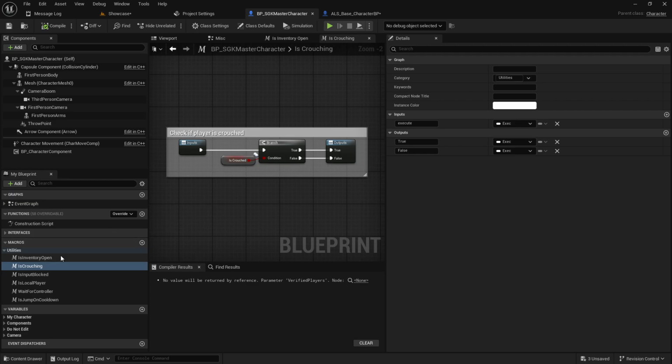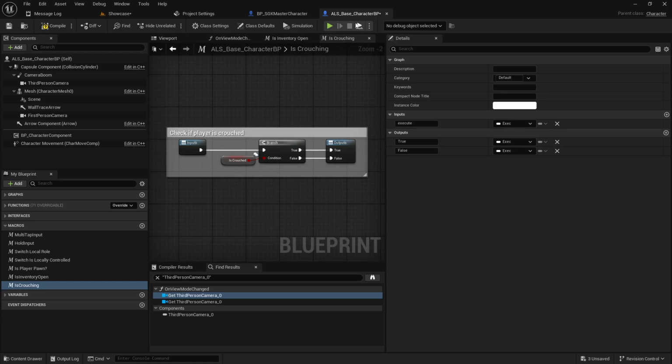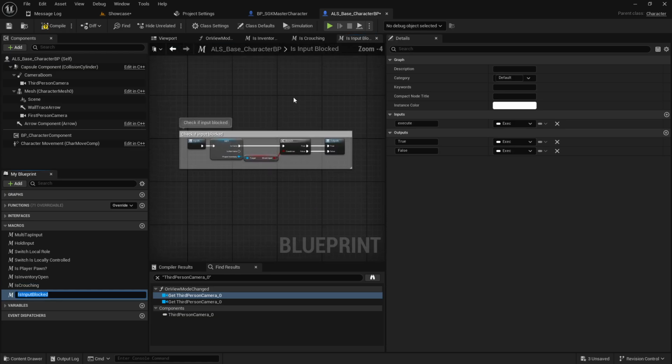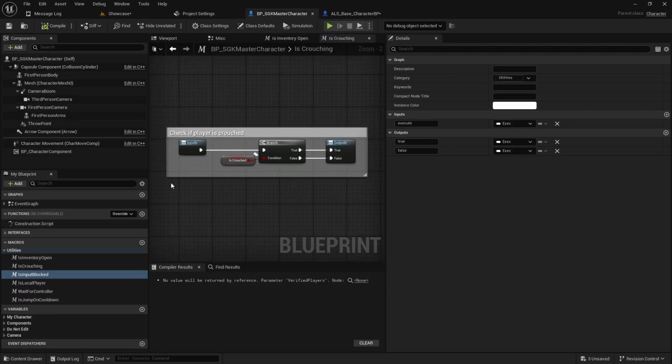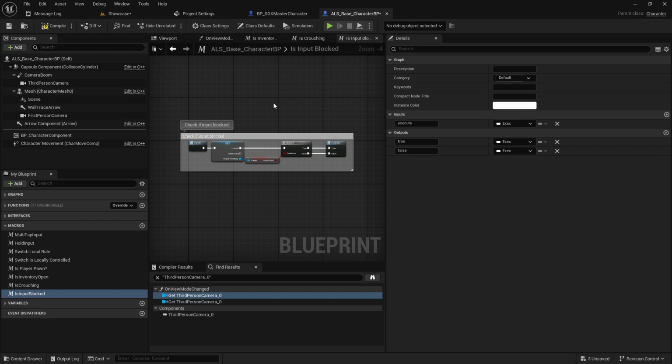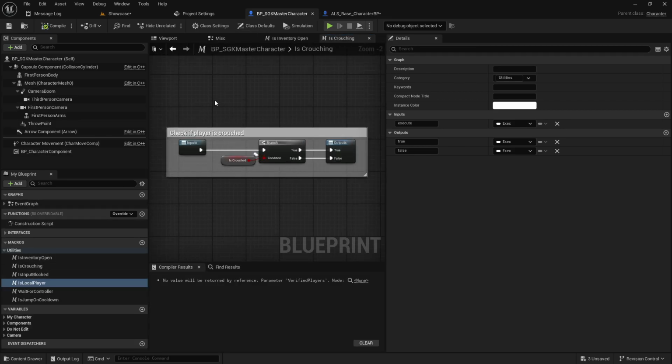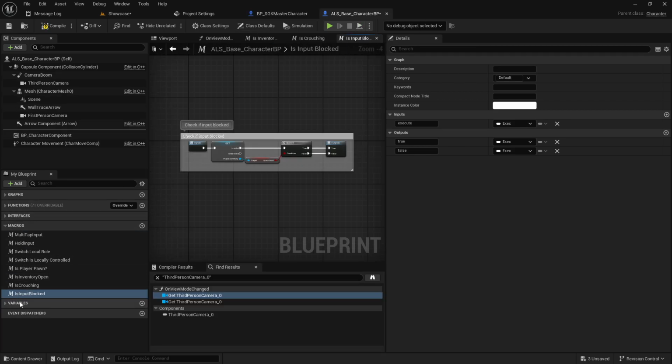Oh, this exists. Wow. Okay, is input blocked? Yeah, so what I'm doing is, you select it and then you Control C, then you go to your blueprint, you click anywhere and then you Control V, it will just copy. So is input block, is crouching, is input block,